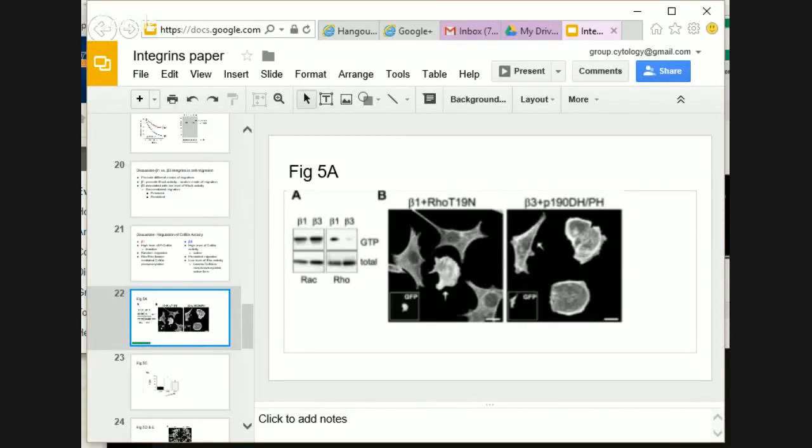In a previous study by the same authors, they showed that RhoA activity was supported by beta 1 and not beta 3 integrins, whereas Rac GTP levels were about the same in both beta 1 and beta 3 integrins. To investigate if these levels of integrins are what account for the distinct modes of cell migration supported by beta 1 and beta 3, the researchers altered